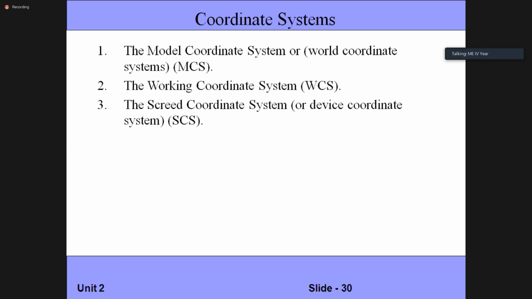In that case, if you refer with the dimensions, what axis do you prefer to find the y1 and y2 values? To find the y1 and y2 values, which axis do you prefer? X-axis. If you consider the x-axis, or if you consider the y-axis, then all the values will be the same because it is symmetric about the y-axis. Suppose you take a completely unsymmetrical section, can you give any example of an unsymmetrical section?